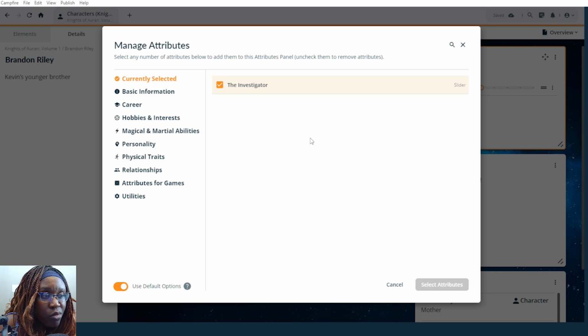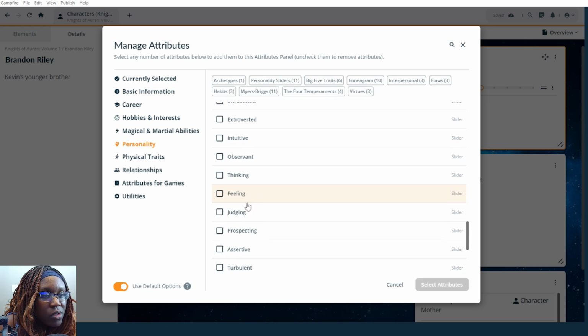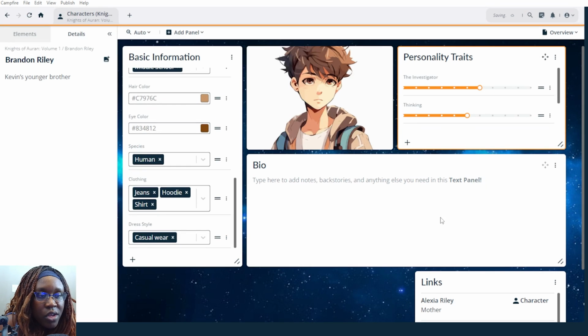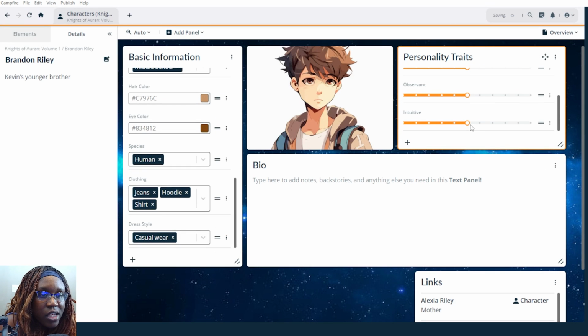And I can probably emphasize that a little more. Yeah, so let's see. Thinking, observant, intuitive. So here, once again, we can go back to sliders and I can choose